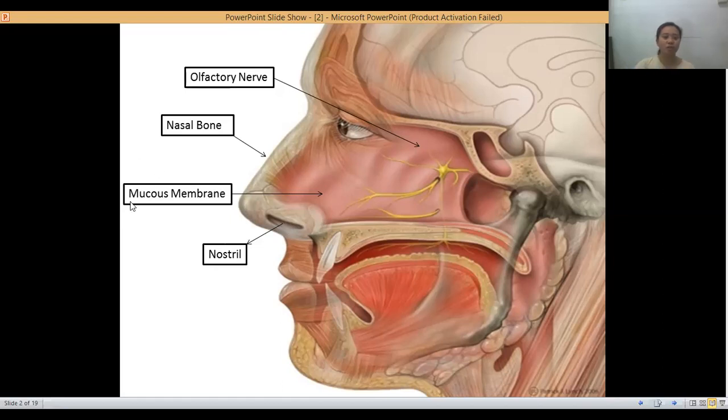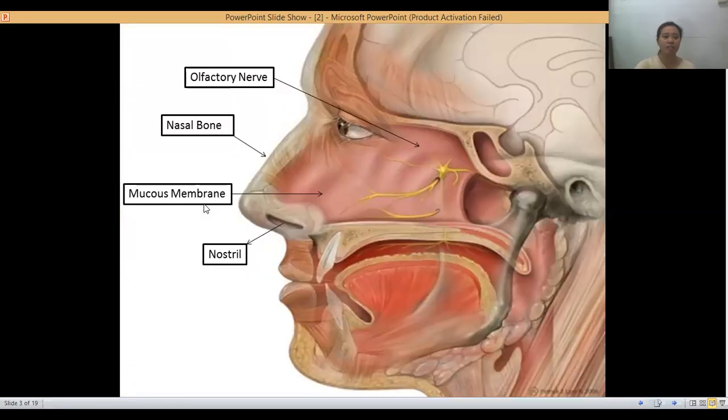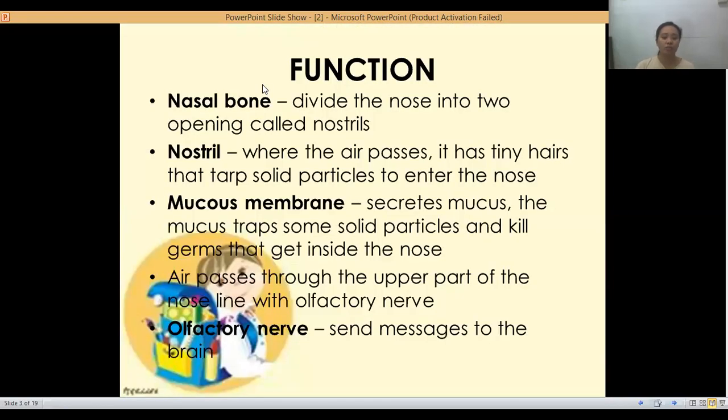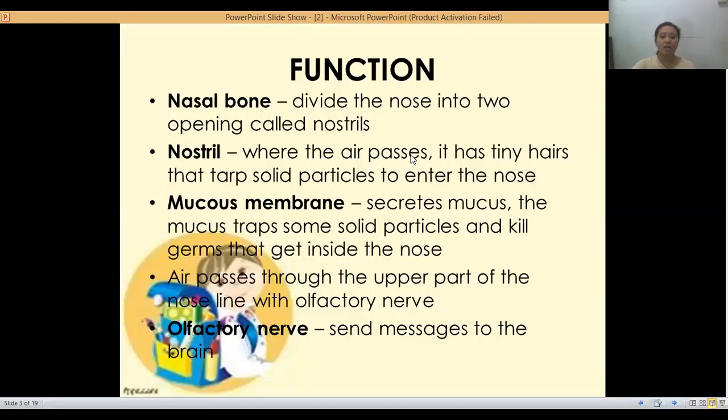And also the mucous membrane is the one that traps the solid particles and kills the germs. And then this olfactory nerve here, the air passes through the upper part of the nose lined with olfactory nerve. And the olfactory nerve sends the message to the brain, and that message is interpreted by the brain and tells you what